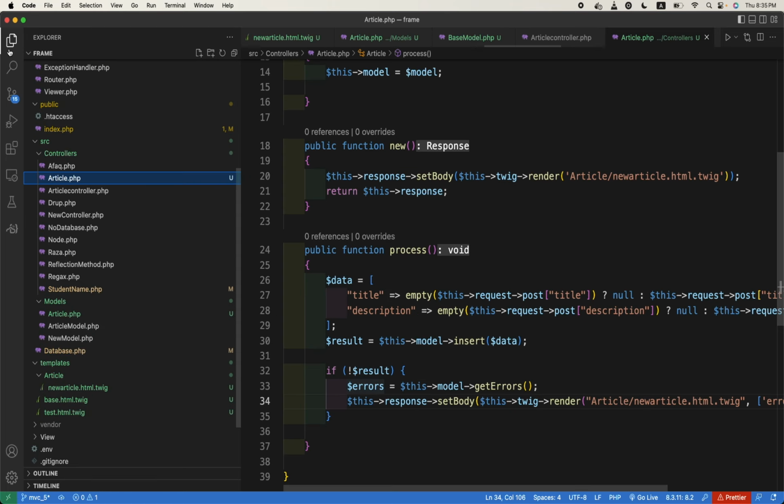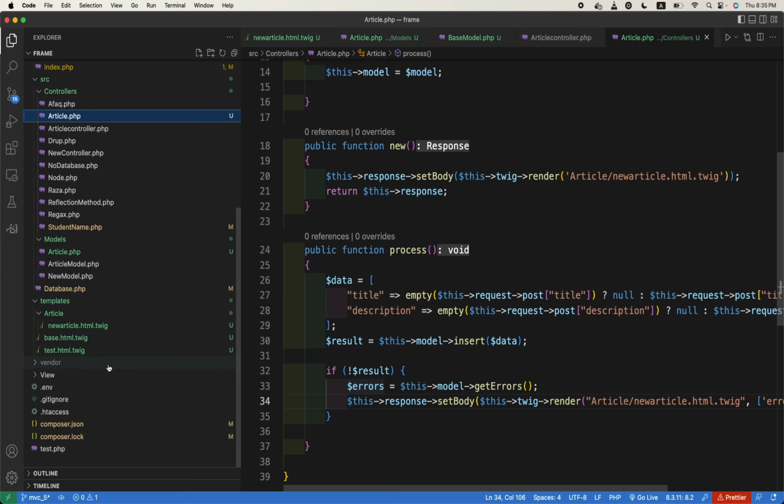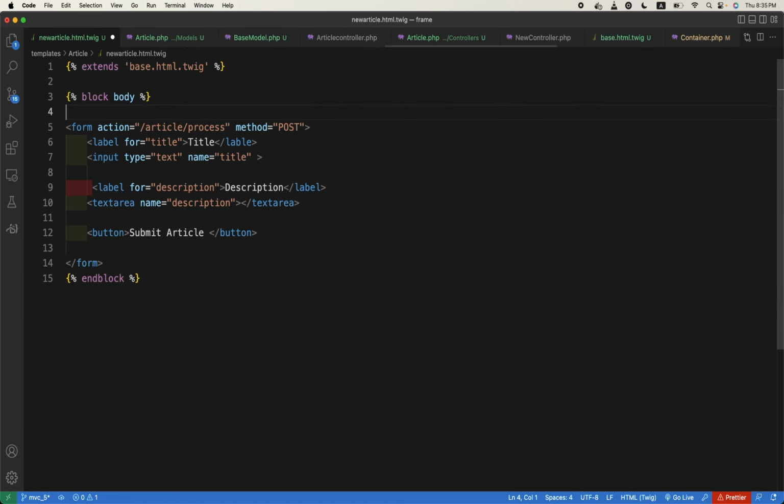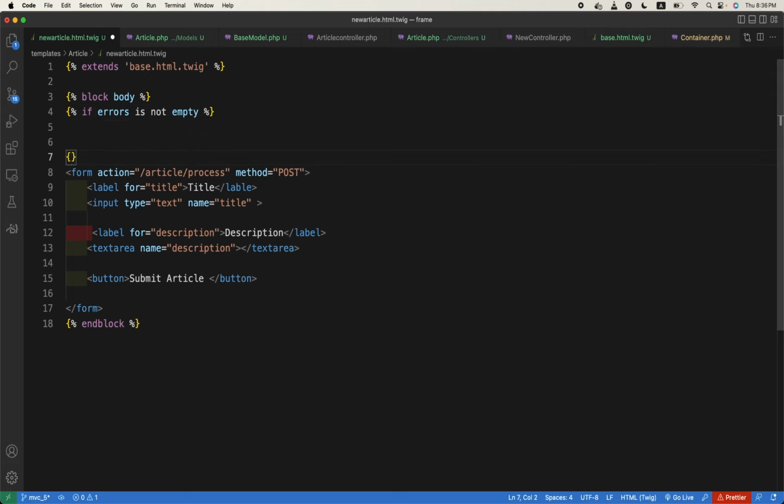And we will go to new article.html.twig. At the top of the form here we will use an if statement: if errors is set, is not empty. What does this mean? There is something in the errors, and it will be end if,